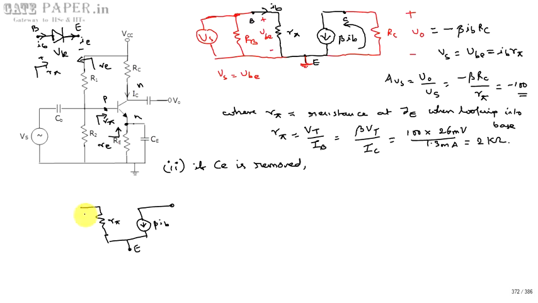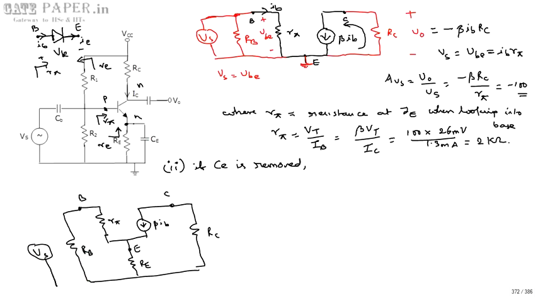The emitter, previously directly connected to ground, is now connected through a resistor whose value is Re. Since CE is removed, Re can have its effect. The collector is connected with a resistor RC, the base is connected with RB, and Vs is connected between base and ground. This is the equivalent circuit. Again, the voltage V0 is here.